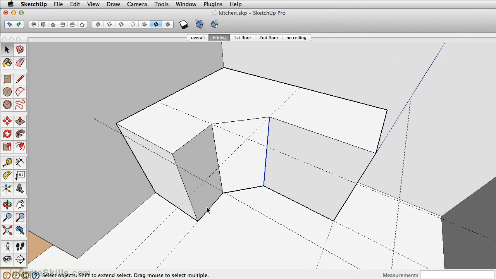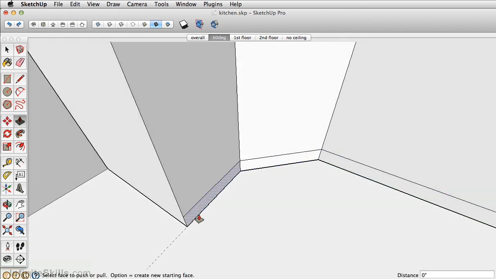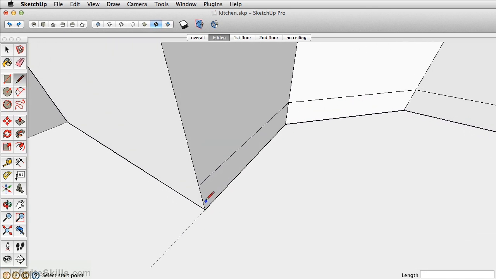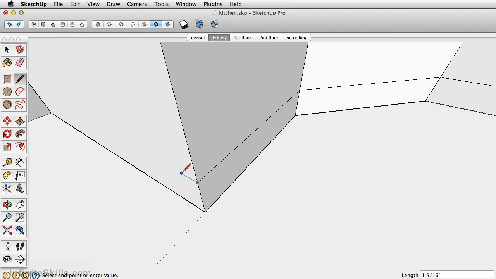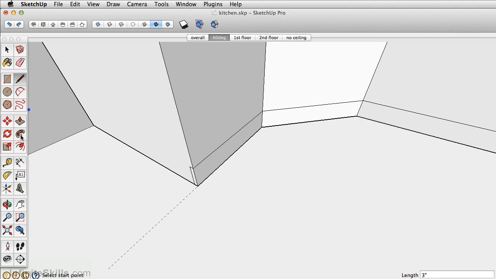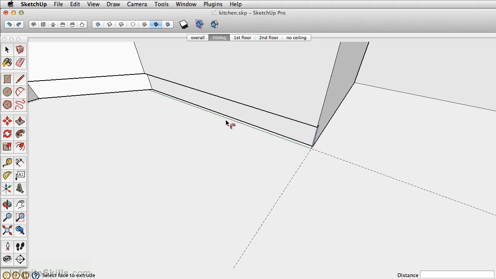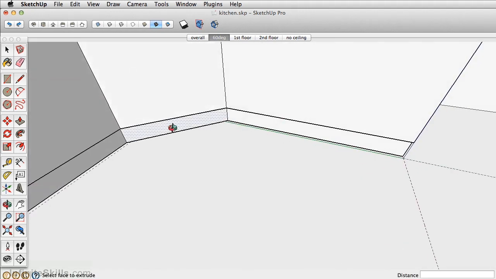Let's just add the kick plate here, which is up 3 inches. Select the bottom 3 edges here. Take the Move Copy tool and just copy this up 3 inches. And then take the line tool and draw a line from here just a 1/2 inch back and then down the edge. Next, take Follow Me, and we'll use Follow Me to cut out the area there. We can't use Push-Pull because when you push-pull,